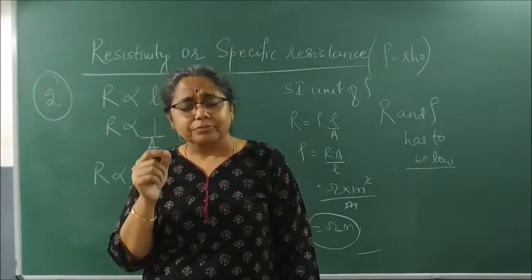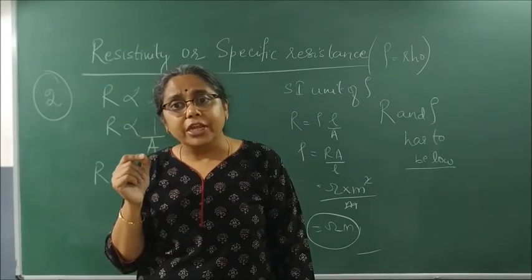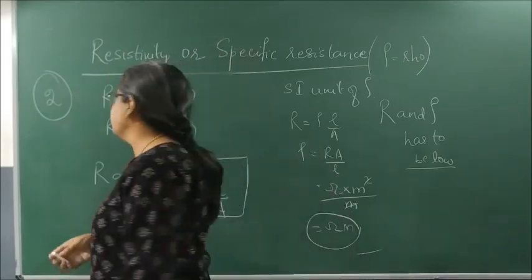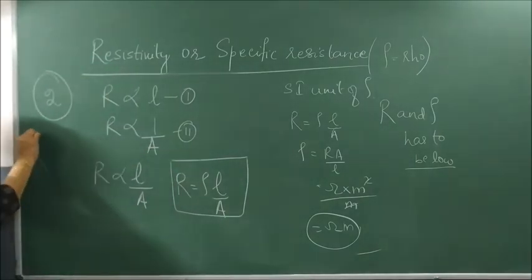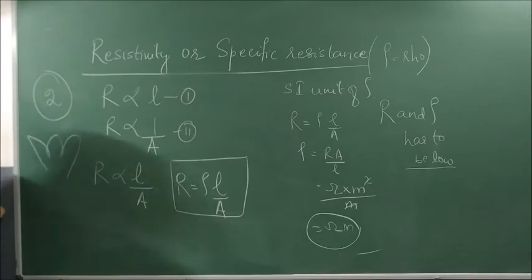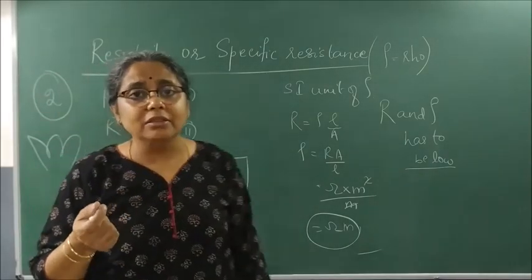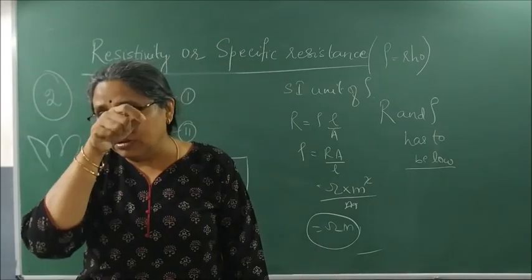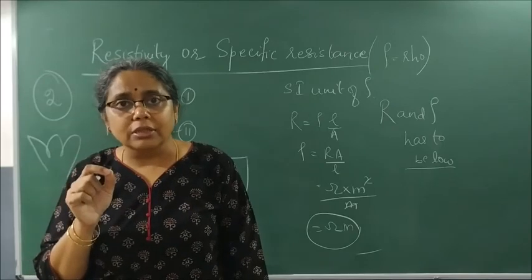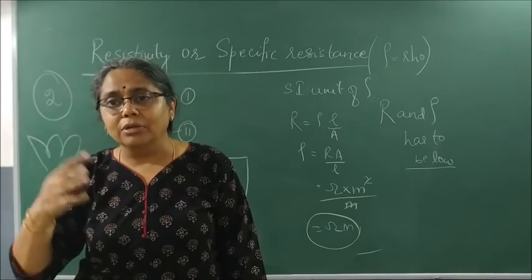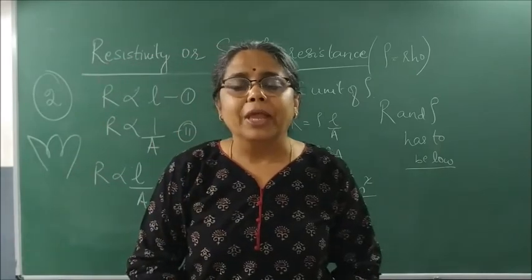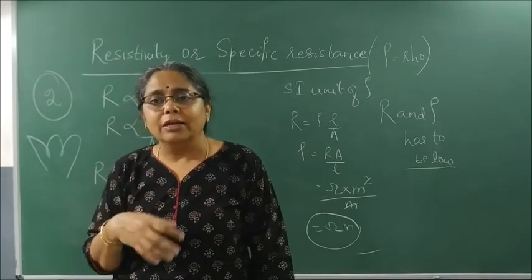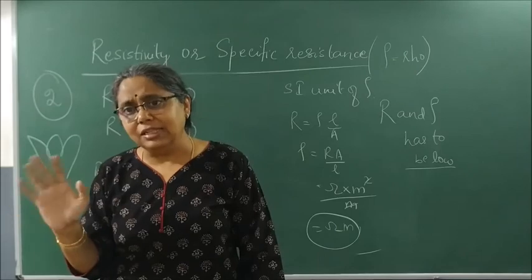And if you look, the tungsten filament is very, very thin. Have you played with a bulb any day and seen the filament? Nowadays CFL bulbs come, but still you will find something like this is a filament. That filament is very, very thin. Why? If thicker, there are chances of oxidizing. So being thinner, it will glow easily. That is about the heating effect of electric current. And the bulbs are generally filled with noble gases like argon. Why? So that the tungsten filament does not get oxidized easily.